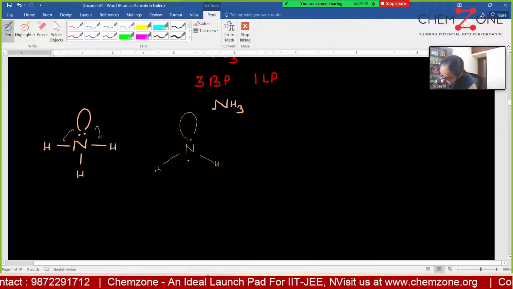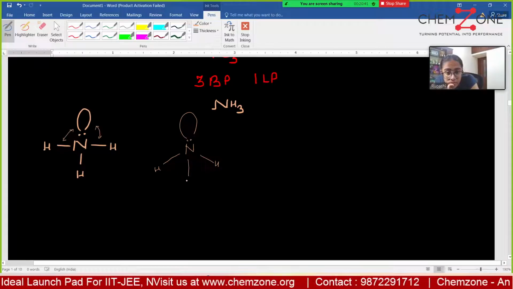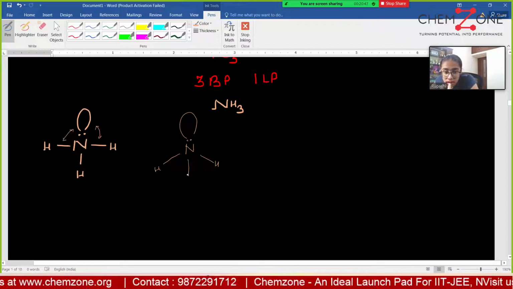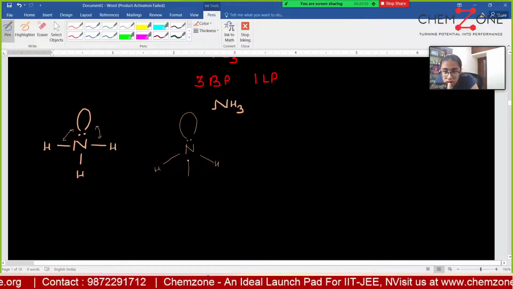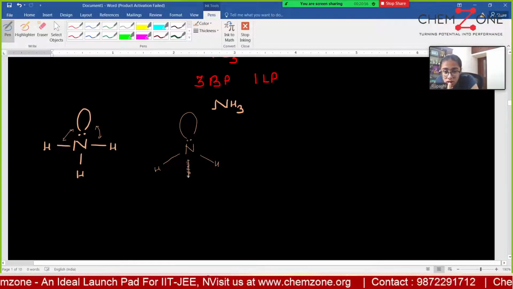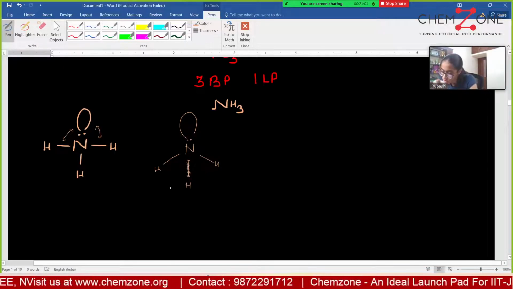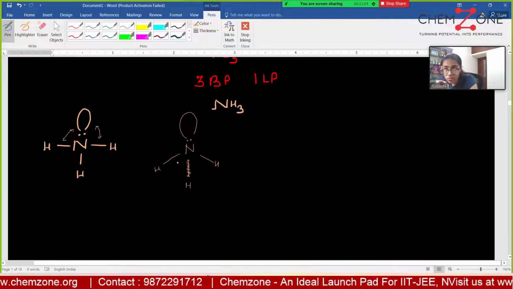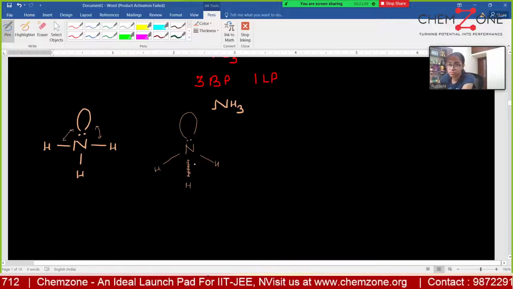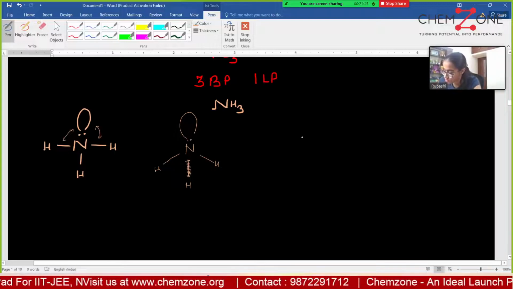Now see the third bond. If I make it like this, the bond angle will be even less than 90 degrees, and that makes it highly unstable. So what will happen with the third bond is that it will go out of the plane, either towards the observer or away from the observer. It becomes three dimensional. Consider it like towards you or away from the screen. When you show a dashed line, it means it is away from the observer,